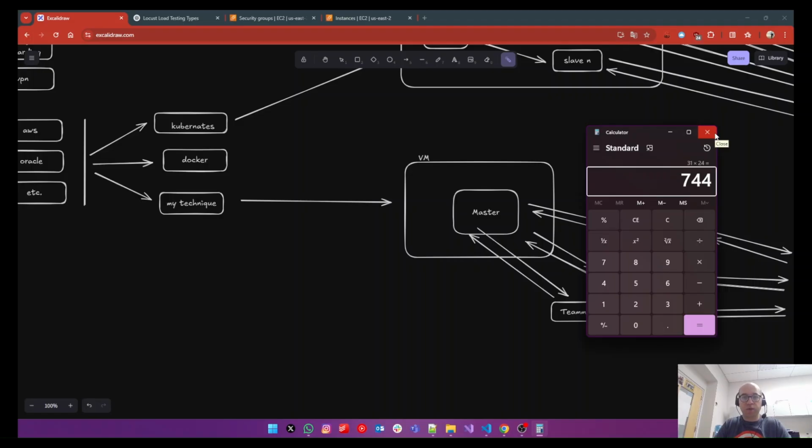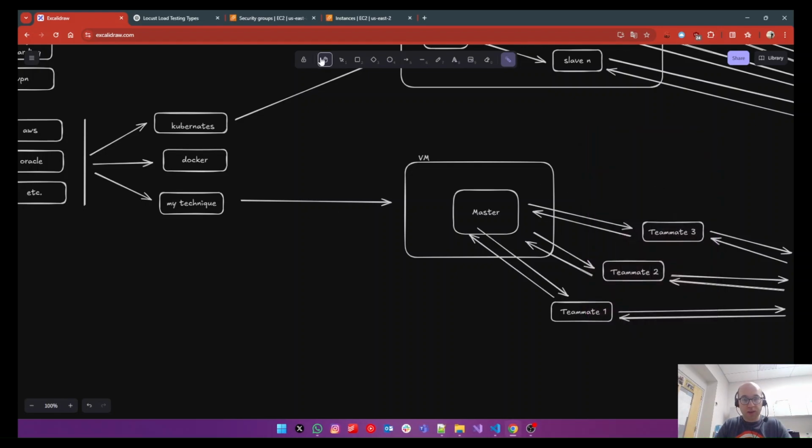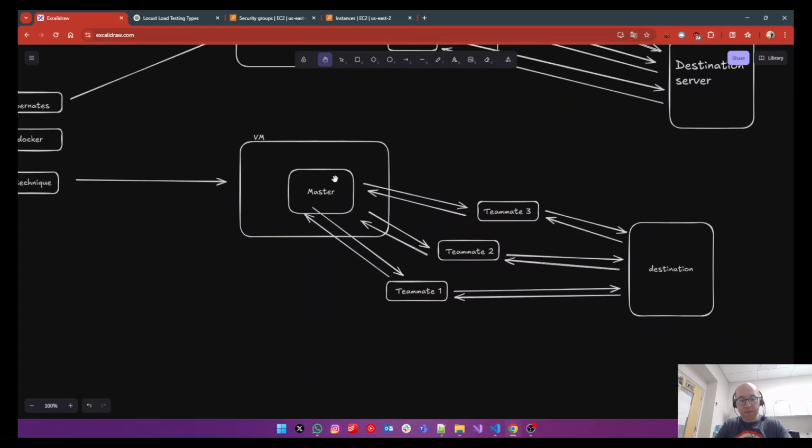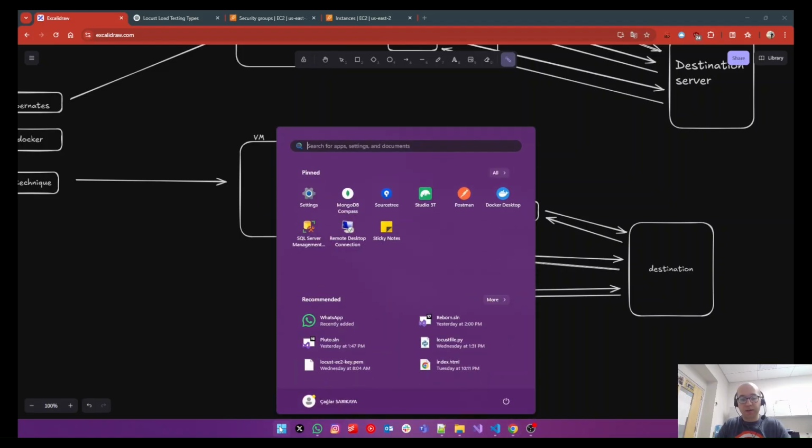Like if you are able to use T2 micro, you will use that. In your destination, in your place, or in your country, it's not allowed. Also, Amazon offers T3 micro, and this one is also free if you are not able to access T2. So in my technique, I created a VM and put a master inside the VM